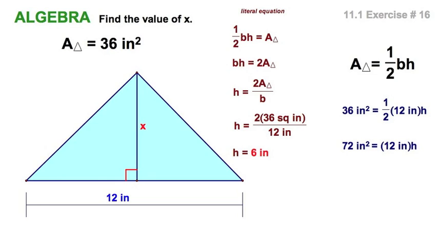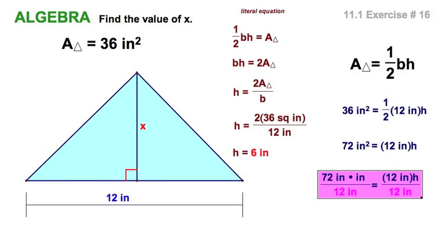I could have really taken half of 12, but this works. This might be a little cleaner, especially when we have an odd number for the base, for example. Now, I'm going to show this division, and again, I said this is dimensional analysis like you did in your chemistry days. I do it this way because I can see that the inches divide out inches, inches divide out inches,